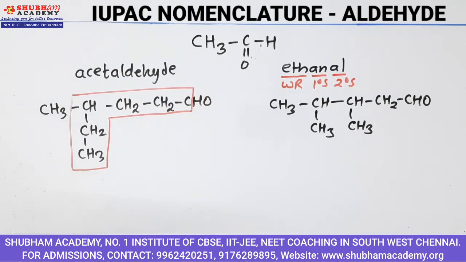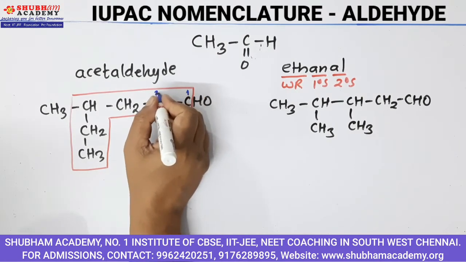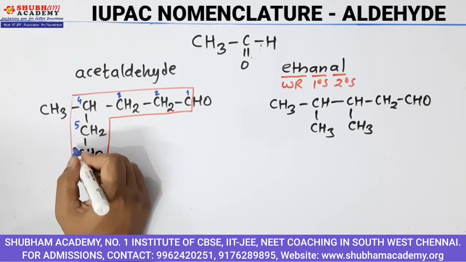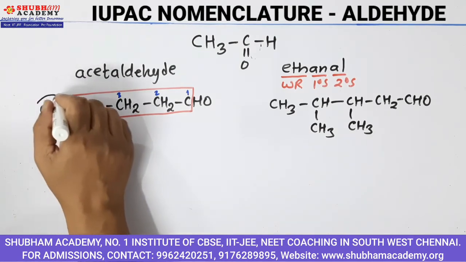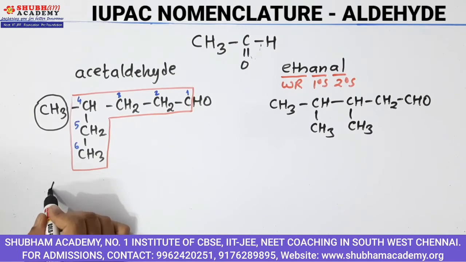right? After selecting the longest chain, you have to number the chain, right? Since aldehyde is the terminal functional group, so always you should number from the aldehyde side. So 1, 2, 3, 4, 5, 6. Okay, 6 carbon atom compound, in which on 4th carbon you have a CH3 group, which is called as methyl group, right? So the name becomes